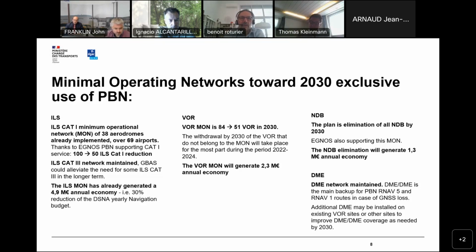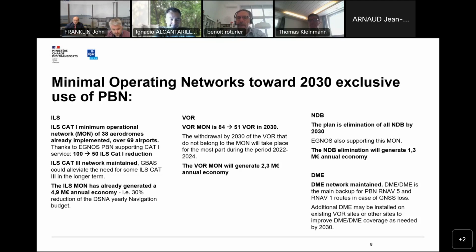So now we are fully in the VOR MON implementation. We have designed this MON, as I explained before, in compliance with the CONOPS, which is a total loss of GPS. So we are going from 84 VOR to 51 in 2030, but most of the VOR rationalization will take place during this period,